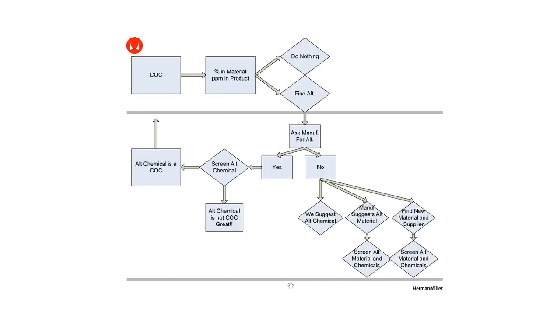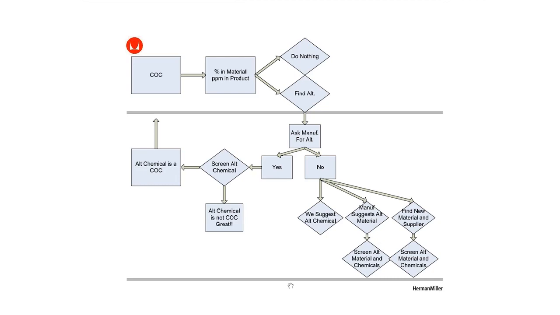This is a real quick snapshot of the way we would do an internal assessment. So again, if we find a chemical of concern, we kind of walk through the mapping process of what we would then do. So of course, we would try to find an alternative. So we would first ask the manufacturer if they have an alternative that already exists. Again, if they don't, we can either suggest one if we have information about what would be acceptable. Oftentimes, we're not that knowledgeable about chemistry to suggest alternatives for every chemical. So we leave it up to the manufacturer to help us understand what alternatives are available